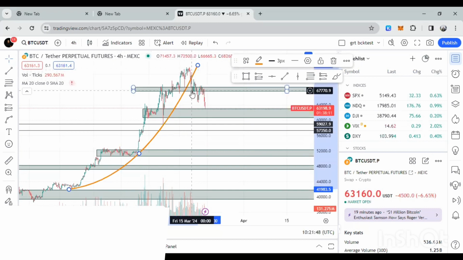Now we broke below this parabolic, and what usually happens when an asset just continues to increase like that and breaks parabolic is that you tend to see a lot of retracement. Okay, it's kind of like once it breaks that parabolic, it's telling you that it wants to retrace for all these places where it didn't have good enough retracements.